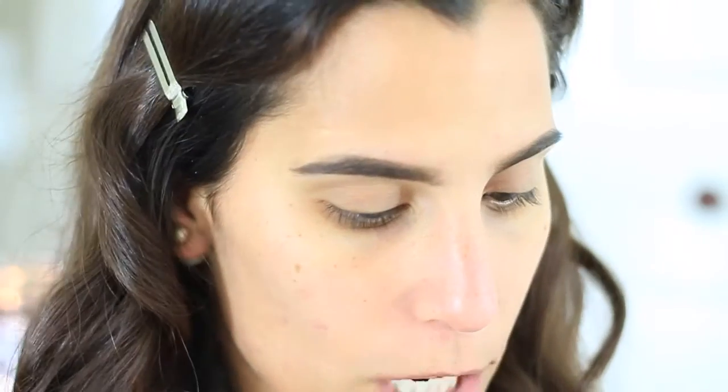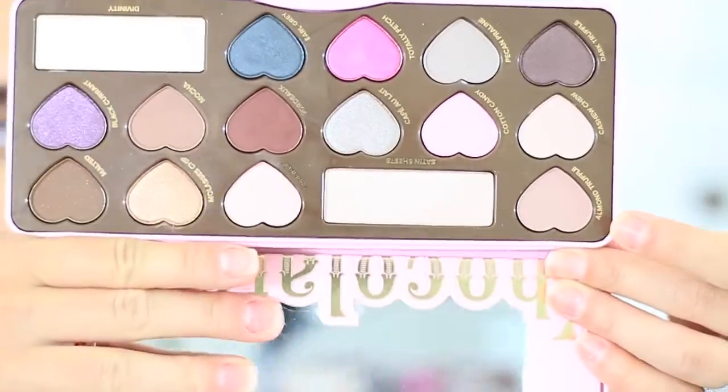Okay, so I'm gonna start out by applying my transition shade. Sorry, I was just cleaning my brush. I'm telling you, I'm having to clean every single brush. Maybe when I'm done filming this video, I should actually go ahead and clean my brushes because they're way too dirty. Okay, so I'm gonna go in with this color right over here that is called Almond Truffle, this